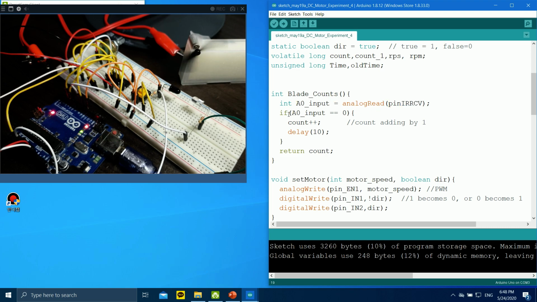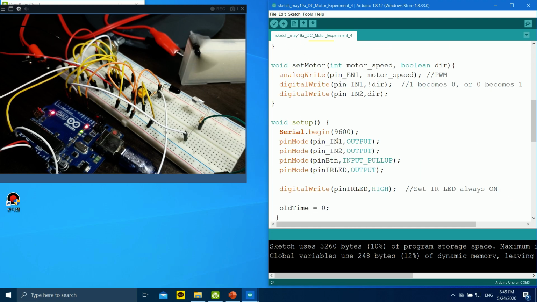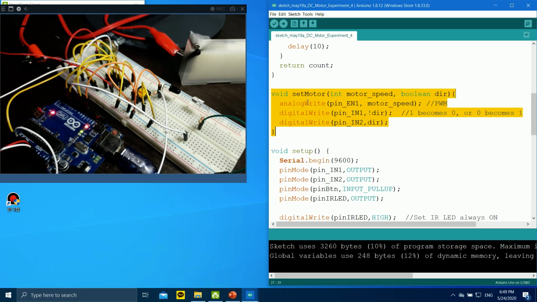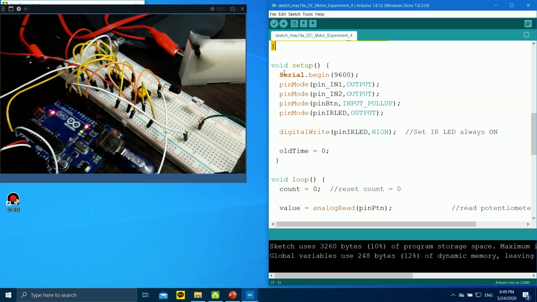Okay, and if the value is 0, it means the blade is blocking the IR light. You just count how many blades, the number of 0s you have in that time, and then return the count, which means returning the result of your count number. And this one is the moving motor function, which we already know. And then for its setup,